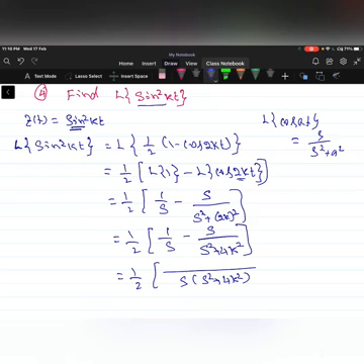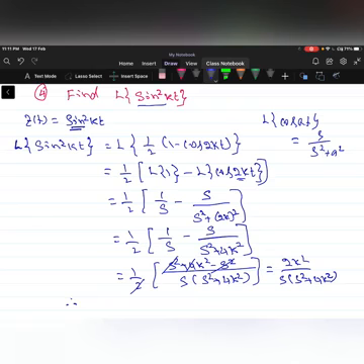So let us cross multiply: s square plus 4k square minus s into s, s square minus s square get cancelled. So that is 4k square, and 4 and 2 get cancelled here. So remaining 2 will be here, 2k square by s into s square plus 4k square. So therefore Laplace of sin square